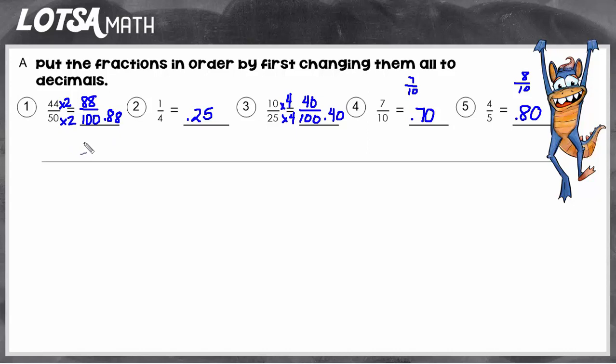Now all of our decimals are in hundredths, so I just have to put them in order. Since they all have the same denominator, you can just look at the numbers and put them in order. So the first one would be 25 hundredths, and then 40 hundredths, and then 70 hundredths, and then 80 hundredths, and last, 88 hundredths. So putting fractions in order is much easier if you can change them all to decimals